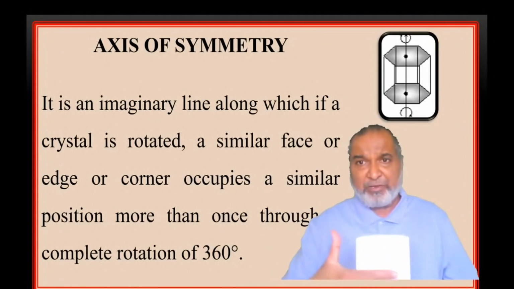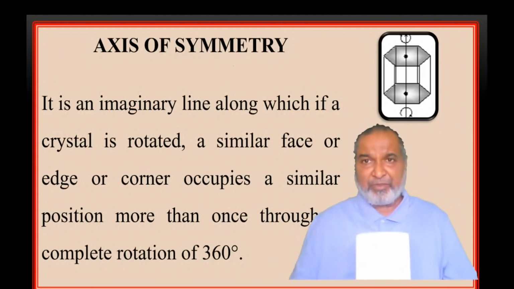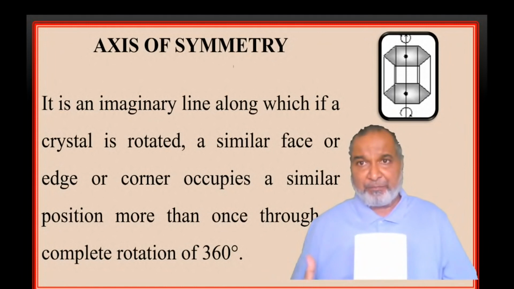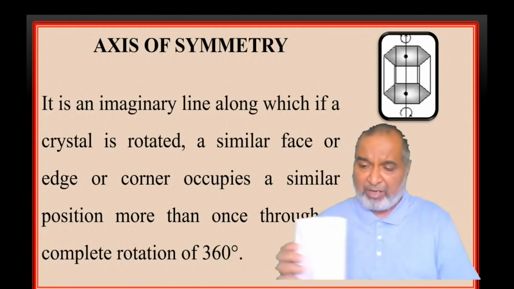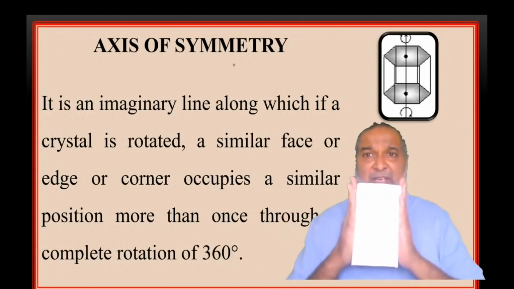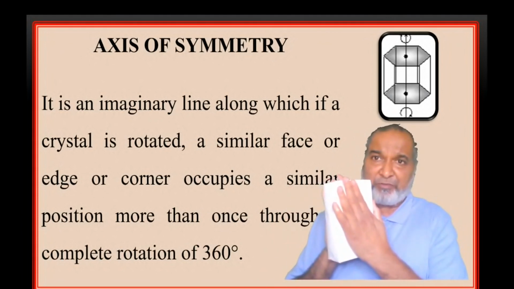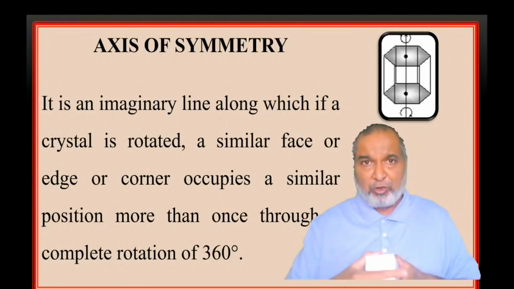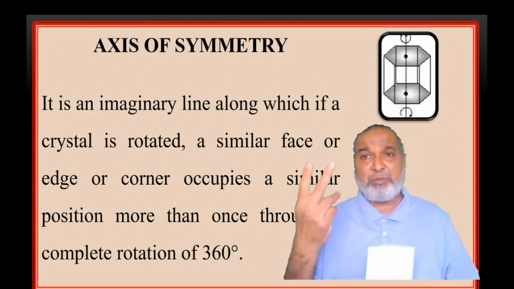Now, whatever vertical faces are there, there are two pairs. One vertical face is a bigger one. Front and back, they are identical. But this face and this face, which are left and right, they are similar ones. So this is one pair of similar faces. This is another pair of similar faces. Similarly, the top and bottom are similar. So there are three pairs of two similar faces.